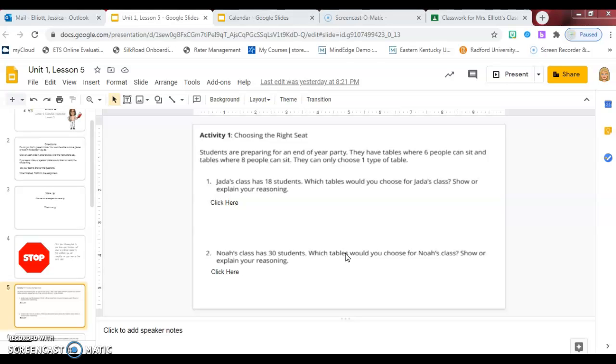So Noah's class has 30 students. Which tables would you choose for Noah's class? Show or explain your reasoning. So would you choose the 6 people table or the 8 people table? And then you need to make sure you're able to explain why, okay? Then on the next slide,